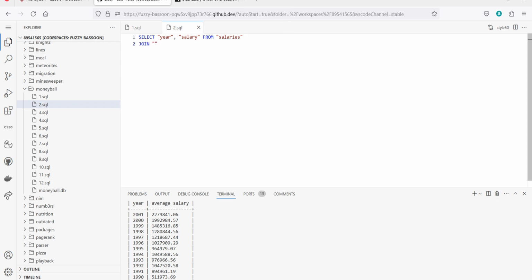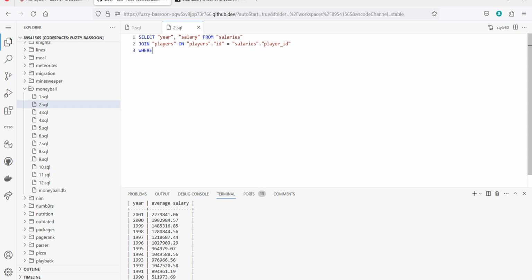Join players table on players.id equal salaries.player_id,